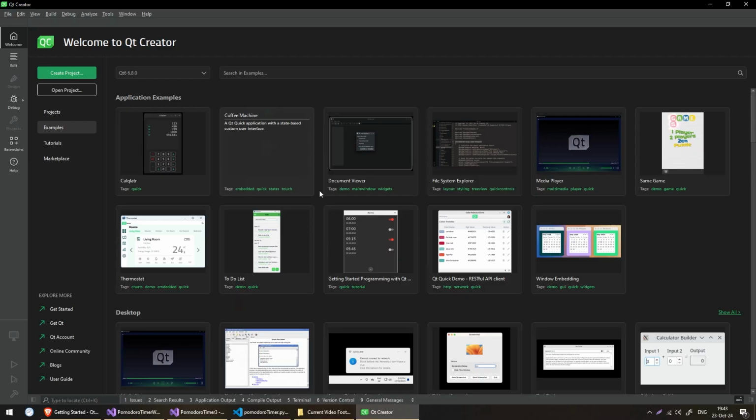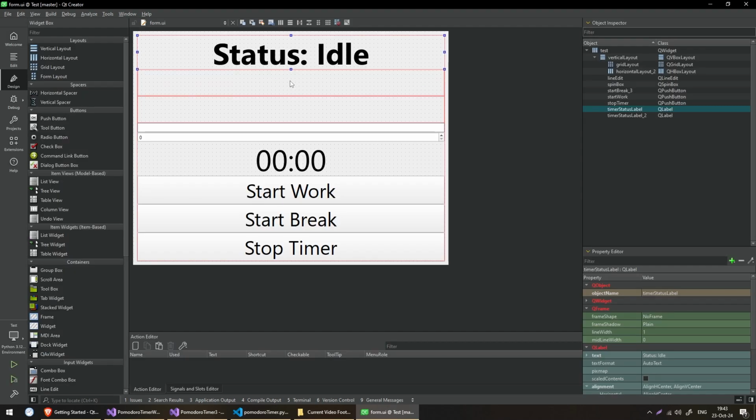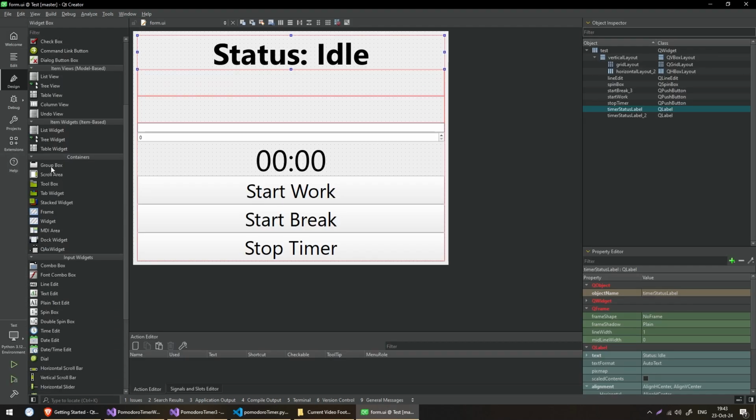And there is a third option, to use their editor, Qt Creator. With this editor you can drag and drop elements and the only thing you have to worry about is the code. And now is a good time to mention that Qt is both free and paid. If you use the free version, you have to open source your code. If you don't want your code to be open source, you have to pay a license.